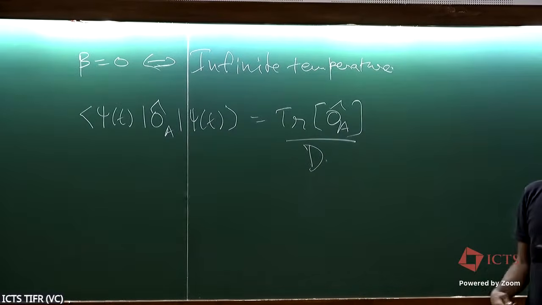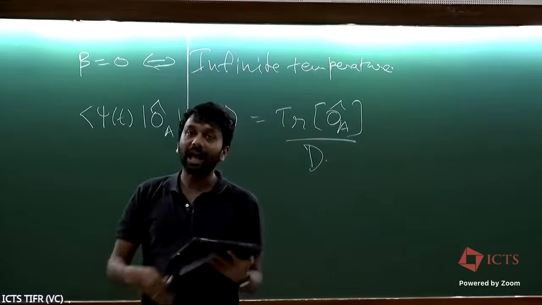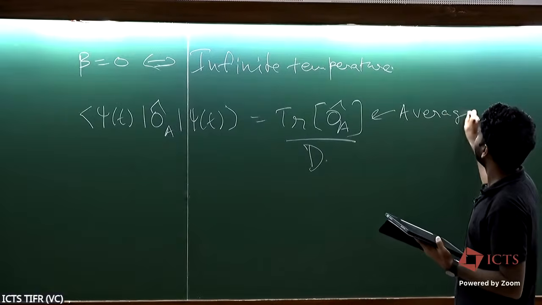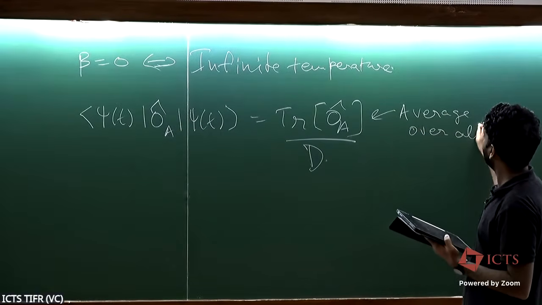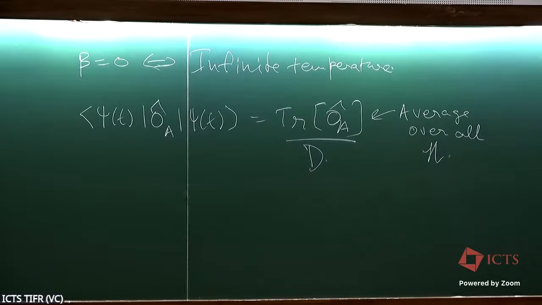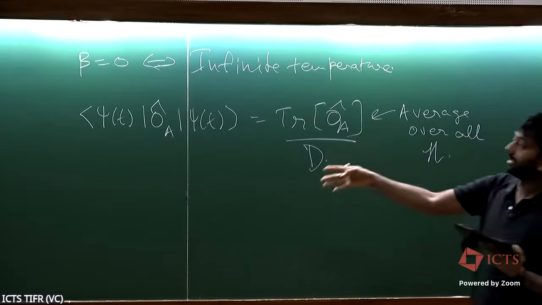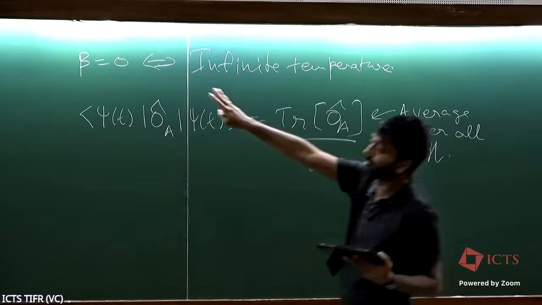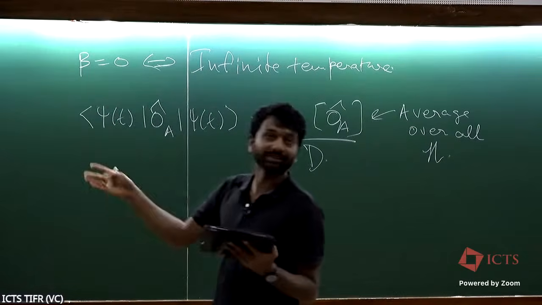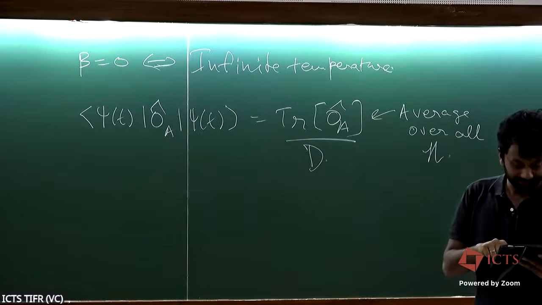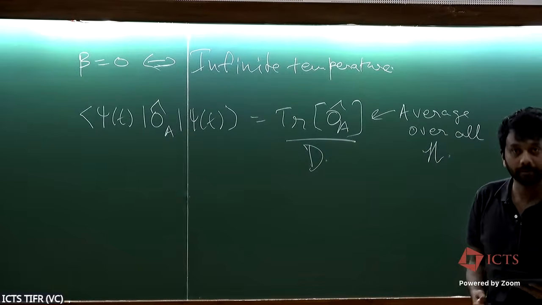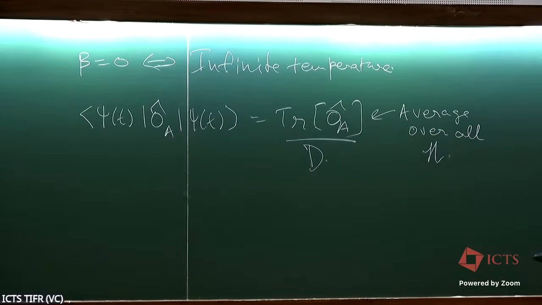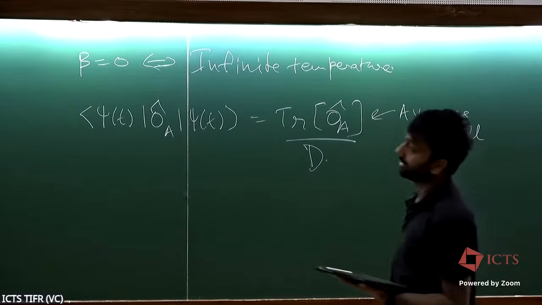So the idea is that at very late times, you just average this operator over the entire Hilbert space. So you should really think of this as an average over all states in the Hilbert space, and then the late time expectation value should be something like this. If beta equal to 0, which in practice you just take a random state, and it will very likely be beta equal to 0. Okay. So suppose all of these things hold.